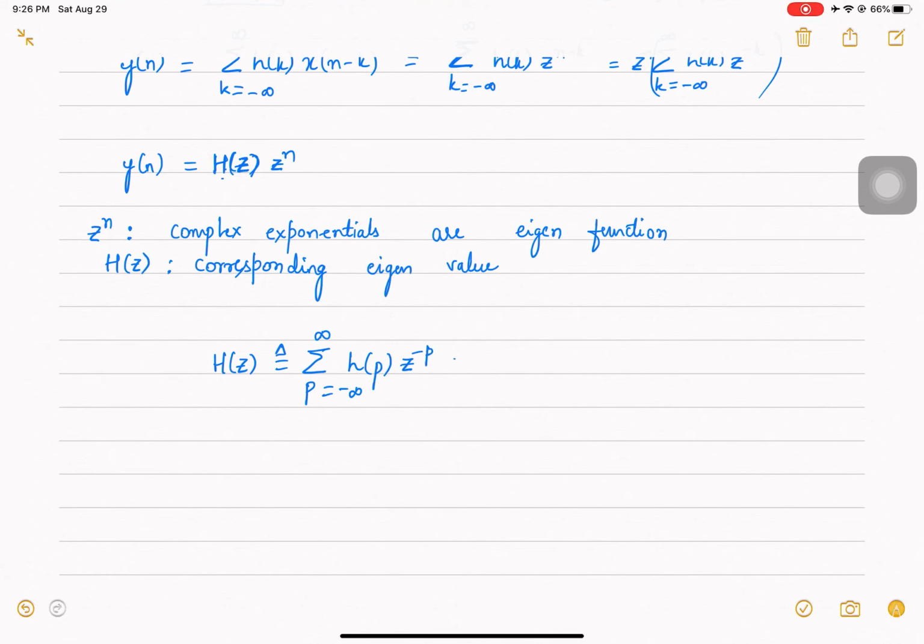Okay, so before that, what is this summation giving you? This is called a Z transform, and by the conventional notation the term inside the bracket is the sequence h of n. Now why is this p called a dummy variable? If I expand this summation, this will be nothing but